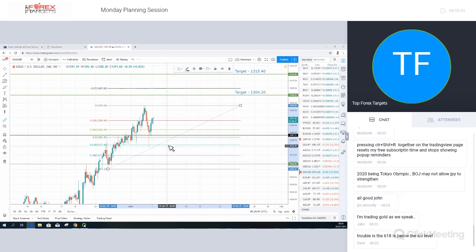So rather than taking the 4 out, and when you get really good, what you'll be doing is taking the initial position. Say, imagine this resistance wasn't here, and this becomes the target. You take your initial position here, like this, and then you will take your secondary position like this, and you'll move this stop loss up to here, and you will have probably a 6 or 7 to 1 opportunity because you're going to have 2